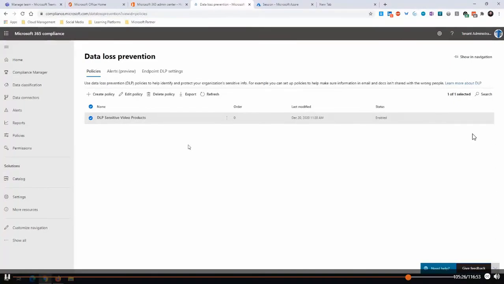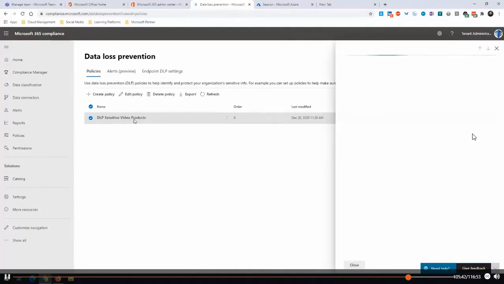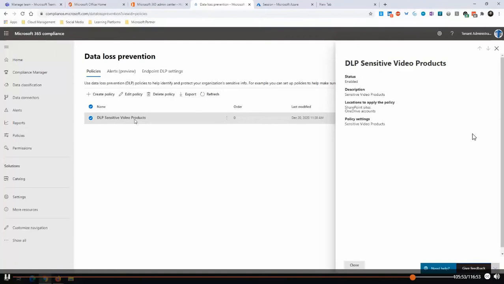And what I want to do is remove the access from guest users for all these specific sensitive video products. That could be an example that we can work with in this scenario. So we have this data loss prevention policy, and here is what it could be used for. I built a sensitivity type to label the specific documents automatically, and I can see here that it is enabled. This is the description. It works on SharePoint and OneDrive accounts.